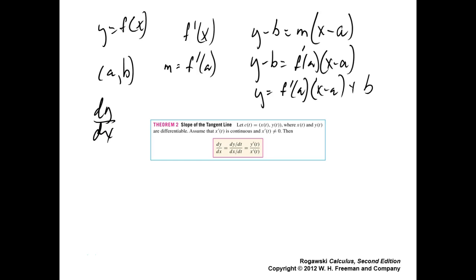But to get our dy dx, you have to use the chain rule because both y and x are functions of your parameter t, okay? So, remember, let's do x equal f of t, and y is equal to g of t. Just shows they're two different functions. They don't have to be the same, obviously. Okay, then by the chain rule,